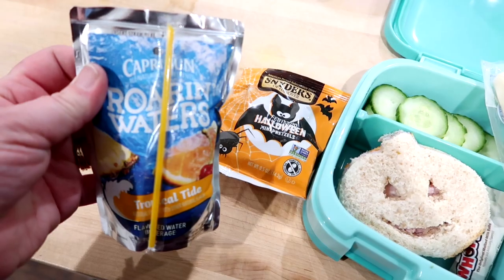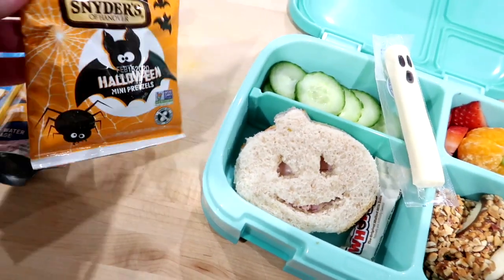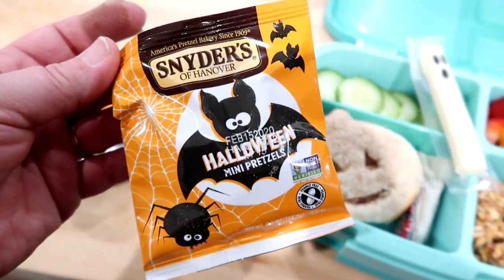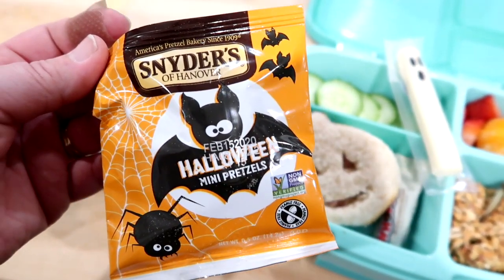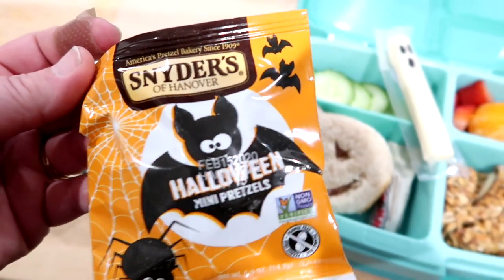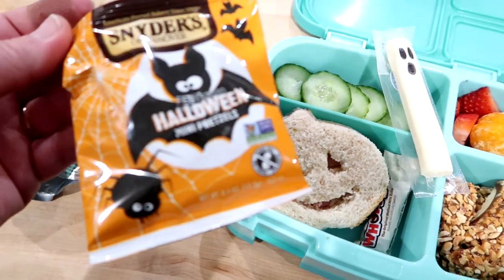Today is Monday, and I packed Connor's lunch for him, a little bit of a Halloween theme. So he's got a Capri Sun Roaring Waters in the tropical flavor. And then I found these Halloween mini pretzels at, where did I get these at? I can't remember now. Oh, Aldi. I found them at Aldi, which I thought was neat, but they're just like little